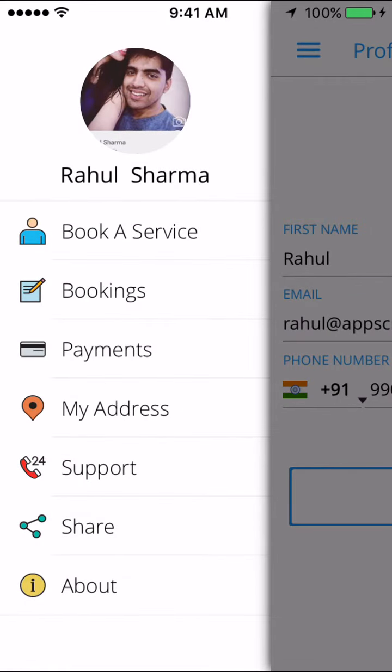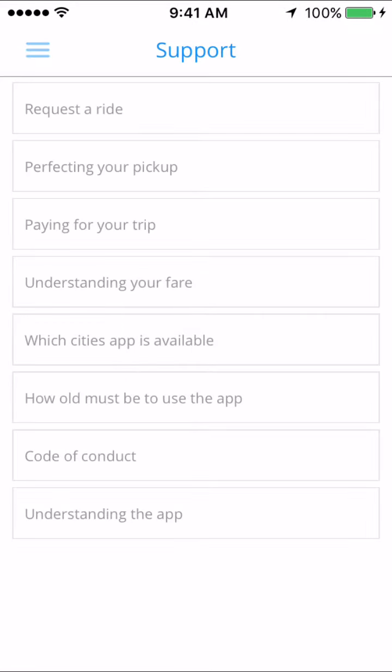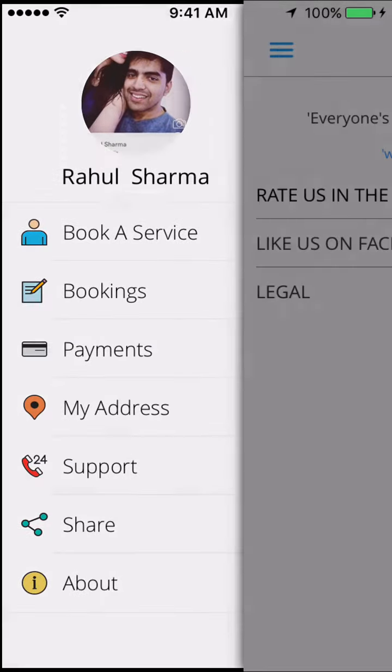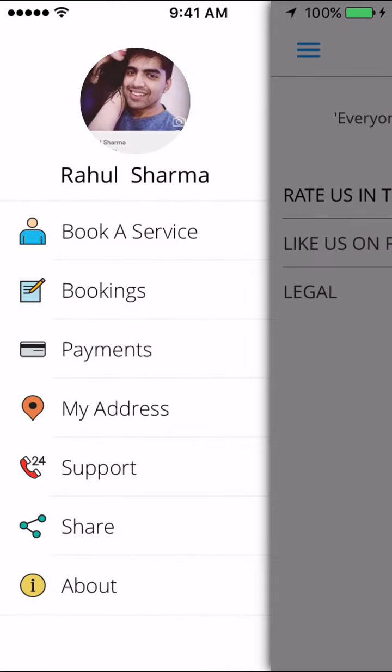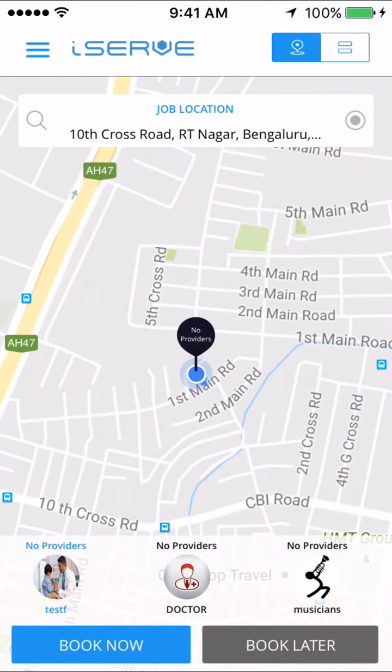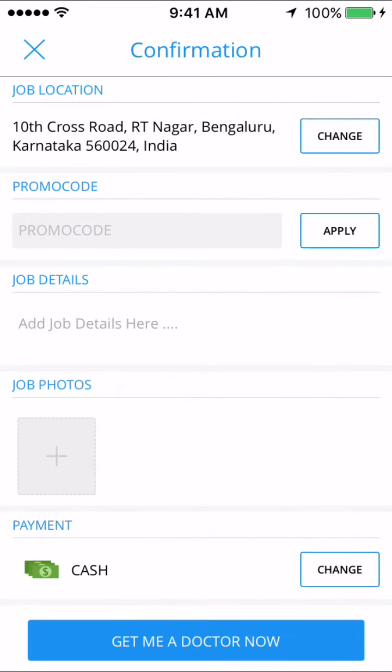You can see my photo and my name and the other details. The support page is text which can be configured on the dashboard. The about page is about the app. So let's go back and book a service. So I see that there's a doctor available around me. So let's start with booking an appointment